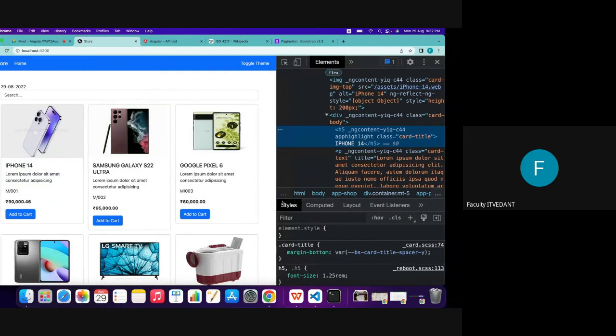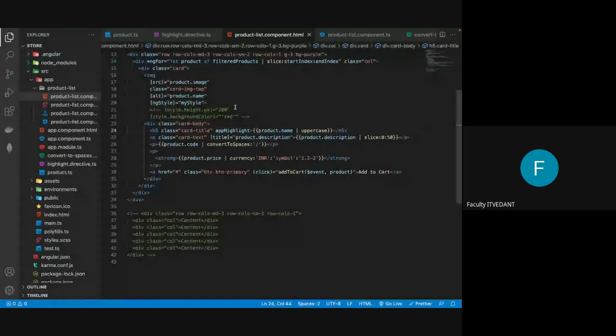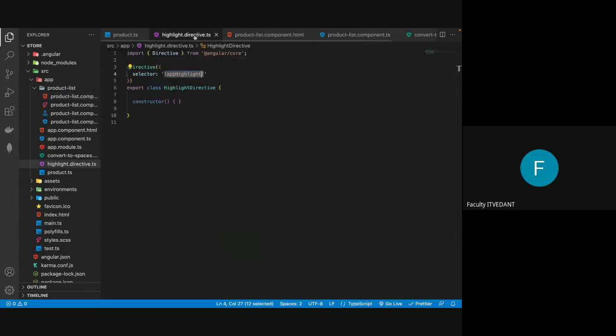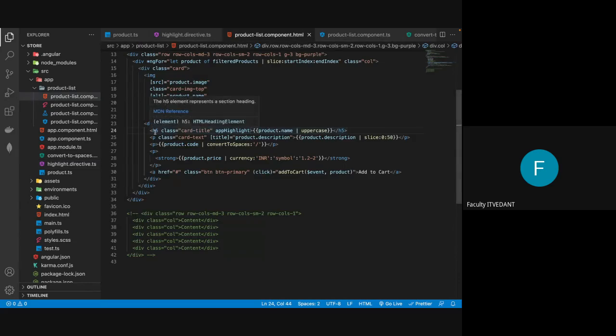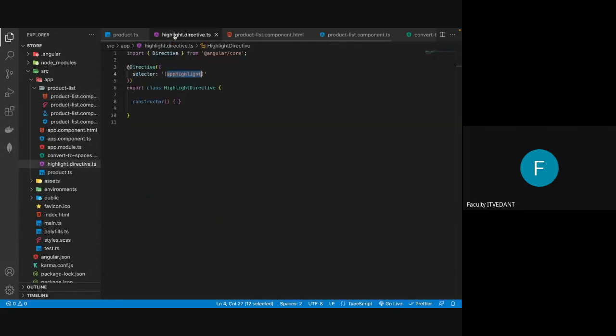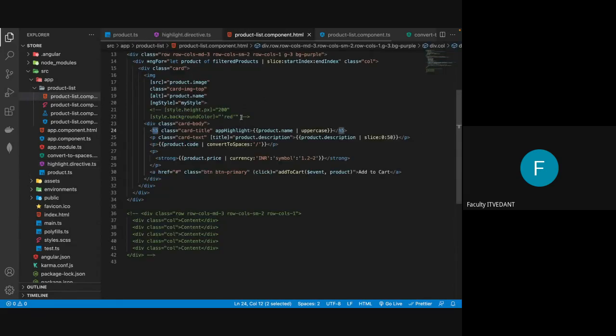So how do I highlight this particular tag? Highlight means I need to change the background color. So I need to change the background color of this h5. But if I want to change the background color of this h5, I need to get this h5 element. How do I get this h5 element? Whenever a directive is attached to any element, so this appHighlight is attached to the h5 element,